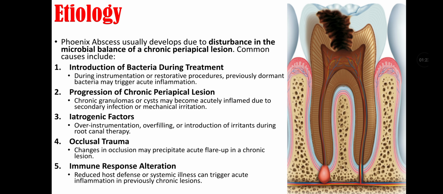Third cause may be iatrogenic factors such as over-instrumentation, overfilling, or introduction of irritants during root canal therapy. Fourth cause is occlusal trauma, that is, changes in occlusion that may precipitate an acute flare-up in a chronic lesion. Fifth is immune response alteration, that is, reduced host defenses or systemic illness that can trigger acute inflammation in previously